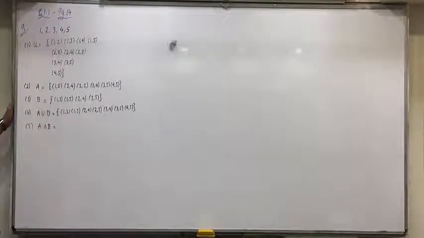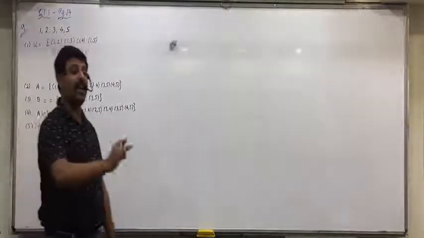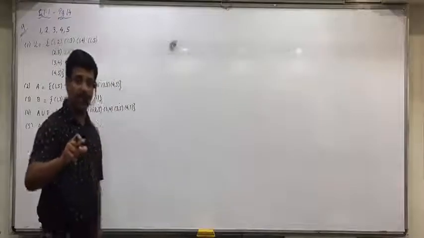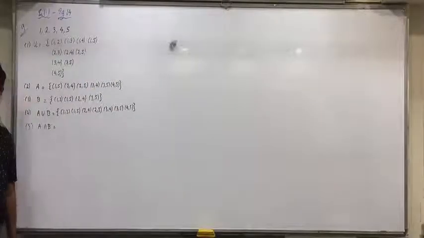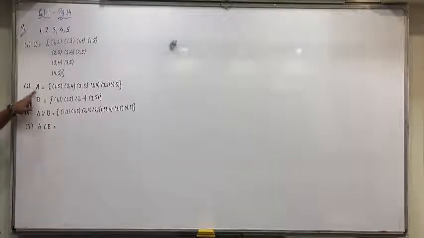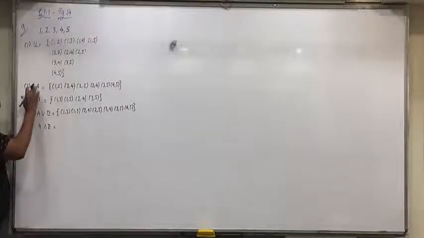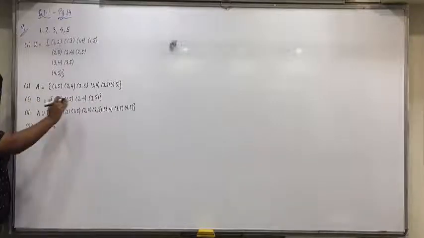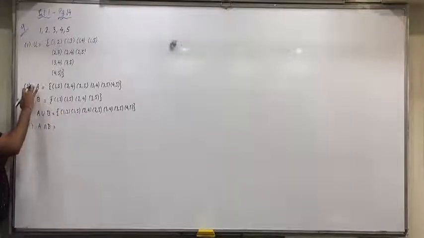Now A intersection B, we studied in the definition, elements of A and B both. Means only those outcomes will be included which are there in A as well as in B. Union will include all of A plus B, and intersection will include what is there in A as well as in B, the common ones. Which one is smaller? B has fewer items, so compare from B to A.